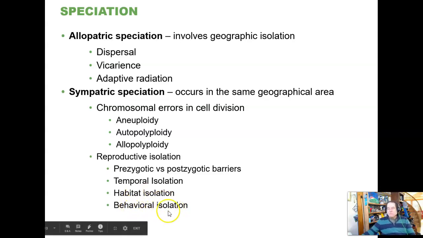I just made that up with blue jays, just as an example, because this is a big deal and why we have so many different species of birds. They have behaviorally isolated each other over vast amounts of time. Oftentimes that's compounded by temporal or habitat isolation, and then chromosomal changes have appeared sometime over time, like between chimpanzees and humans, this aneuploidal event, and that has cemented the isolation that was here because of these factors to start with. And so now we have western blue jays and eastern blue jays, which are completely separate species.